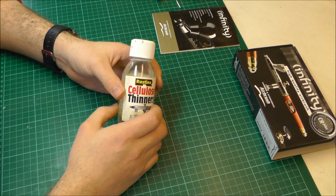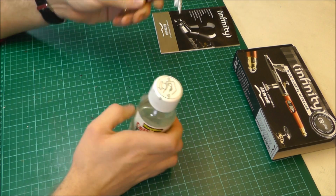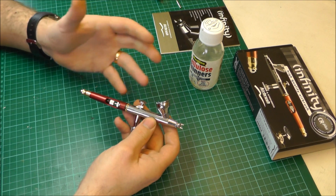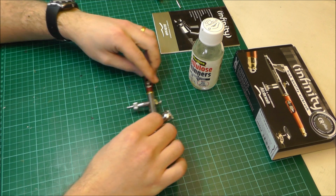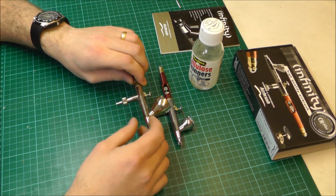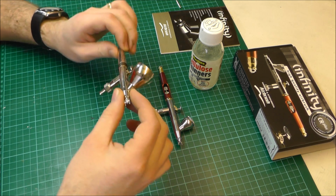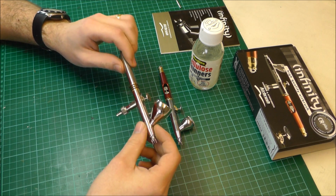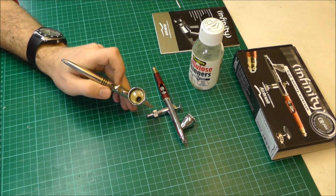You can put cellulose thinners through it, and the actual paintwork that is on here can take those kind of lacquer based paints and stuff, compared to my Evolution, which isn't a CR+. It doesn't have this triple coated copper spray job on it. So what you'll probably notice actually is, if I bring you in,